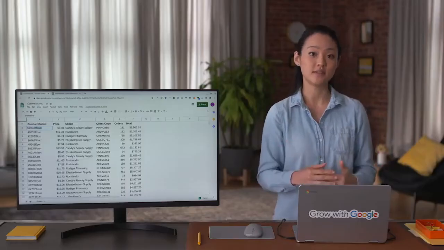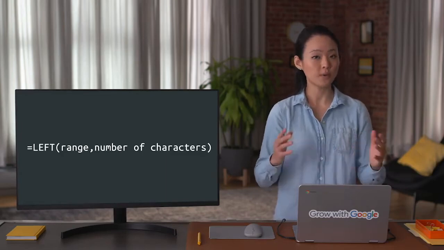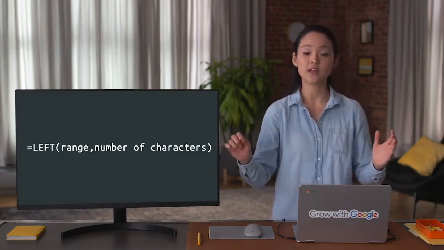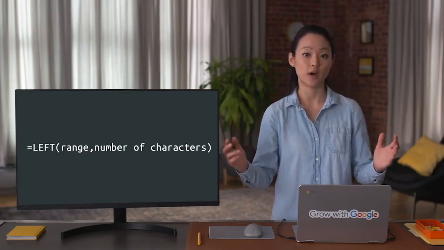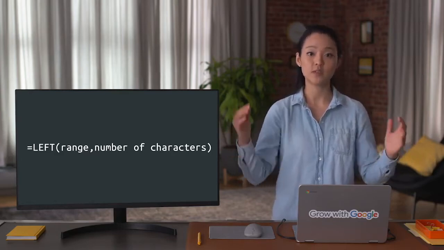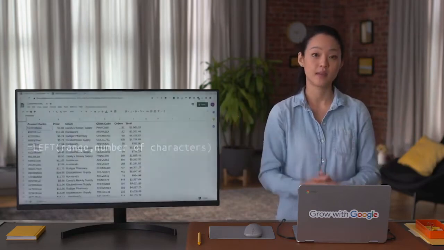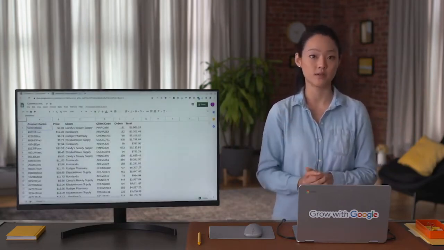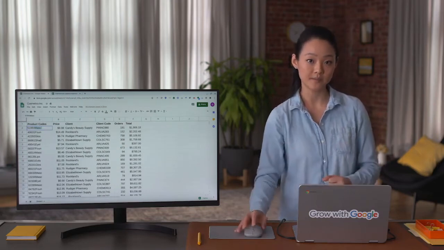The syntax of left is equals left, open parentheses, the range, a comma, and the number of characters from the left side of the text string we want. Then we finish it with the close parentheses. Here, our project requires just the 5-digit numeric codes. So in a separate column,